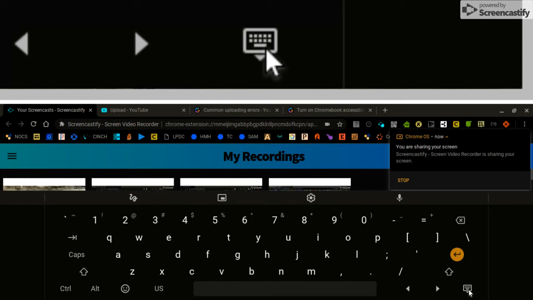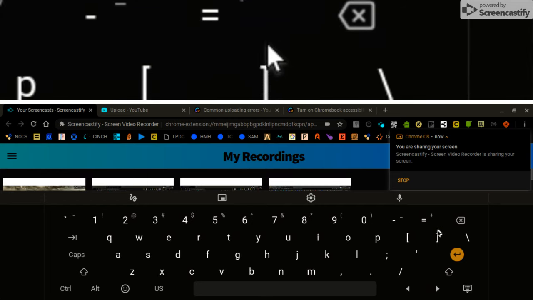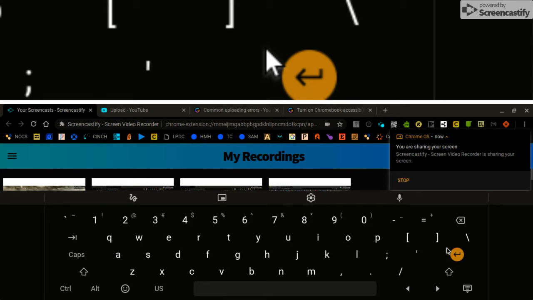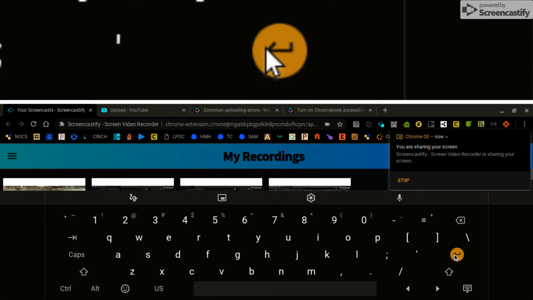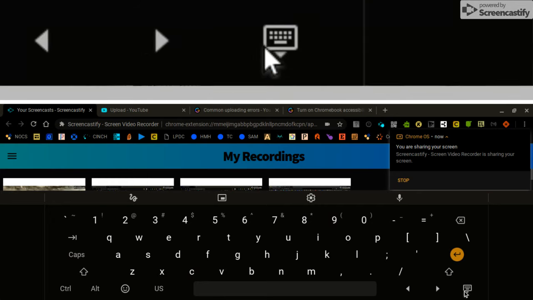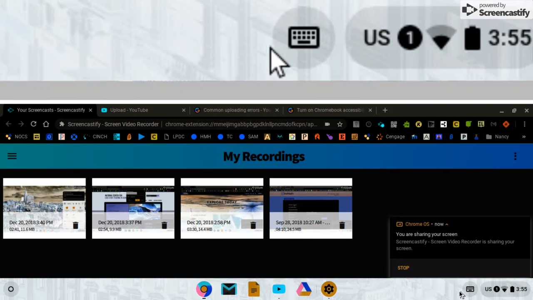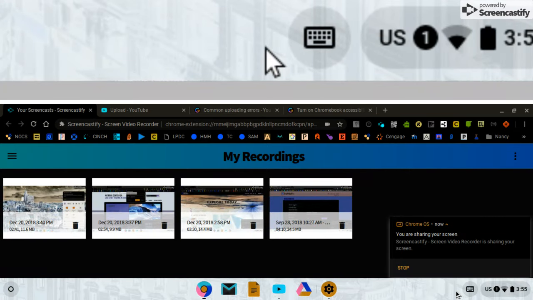You do have the option to change screen colors with the contrasting. You can add an on screen keyboard, or you can even have a magnifier added to the screen as well. So, if you need to learn how to turn these on, I'll show you how to do that at the end. But sometimes they get turned on and then they cause a little bit of a panic